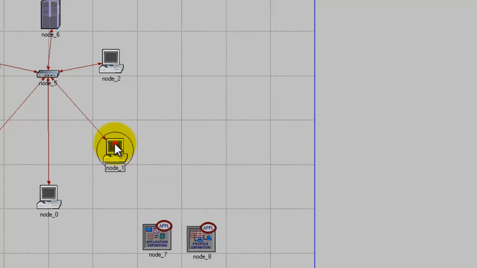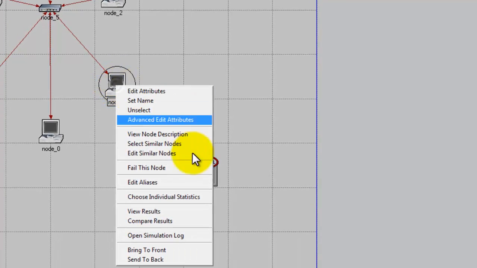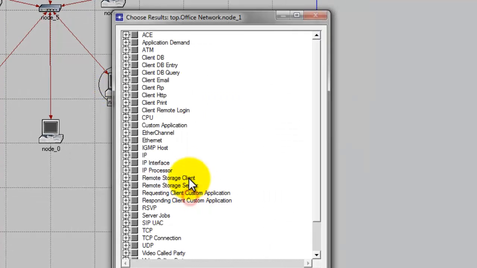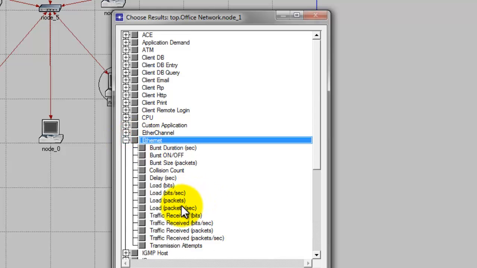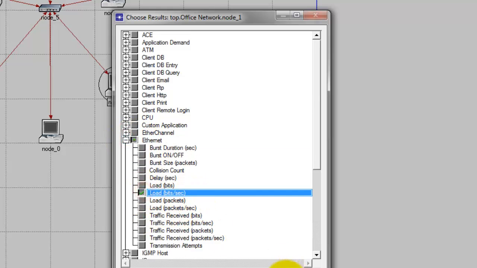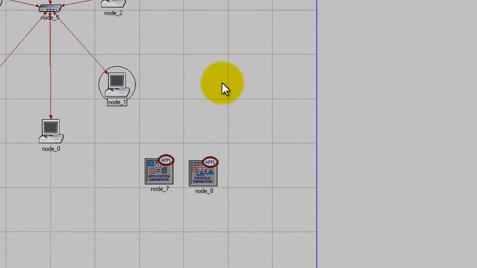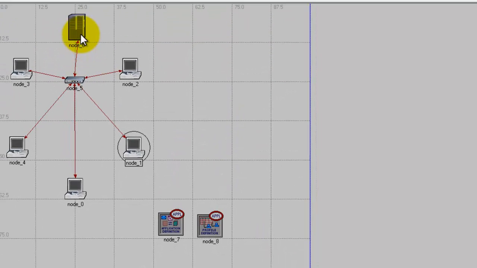Then for a single node, choose the Ethernet option as load bits per second. So we have set the statistics for all three: the server, hub and the node.